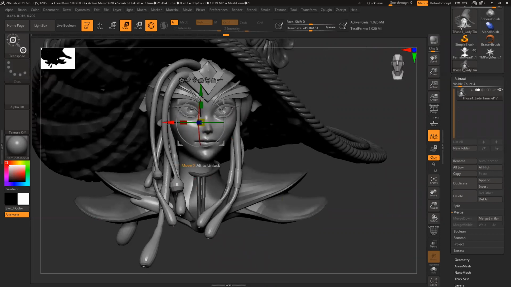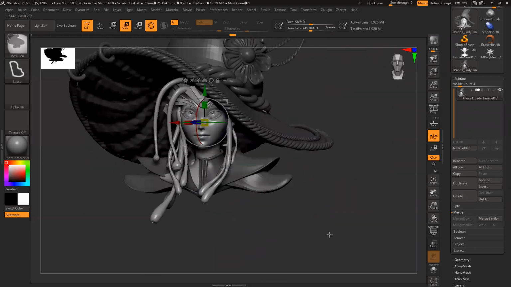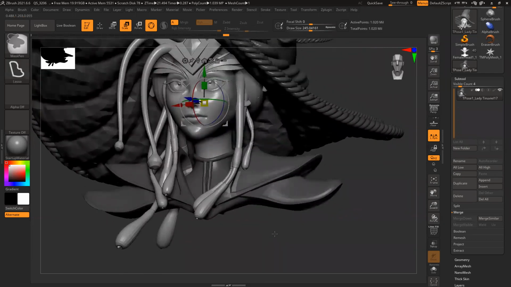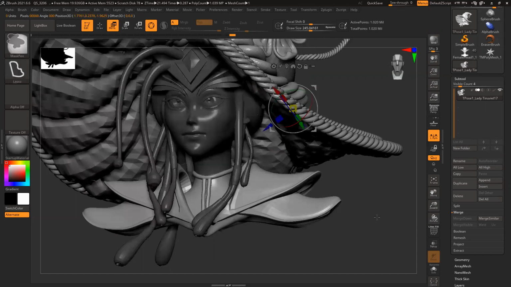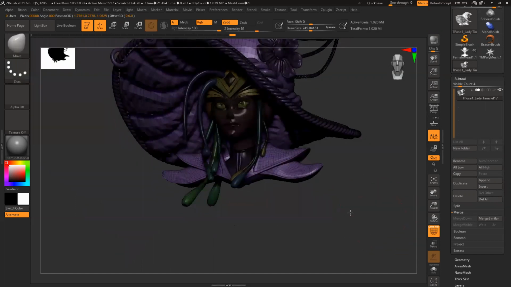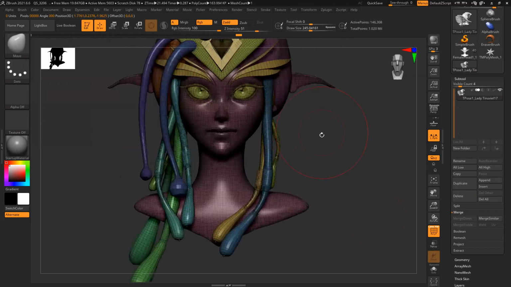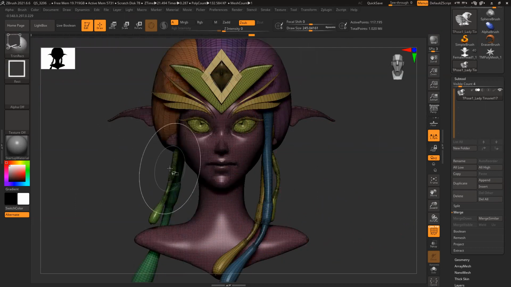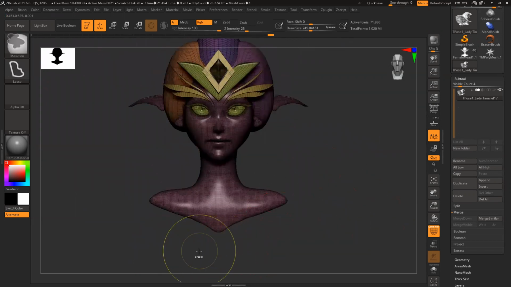This part I can push back. It doesn't look very nice. So Control Z, Control W. So the entire head, hat and body is one polygroup. Control Shift F. I can see hide. And now let's see what I can hide. Okay, hide.